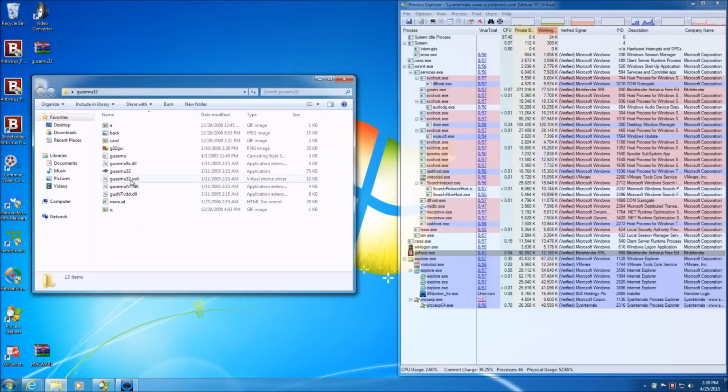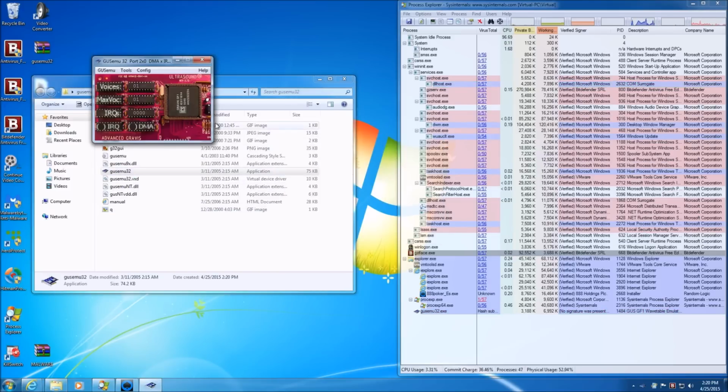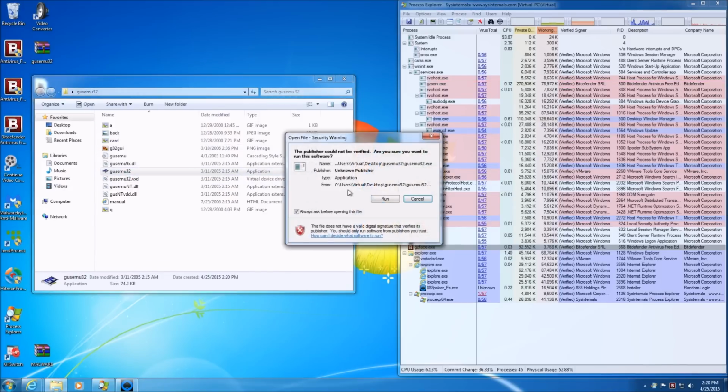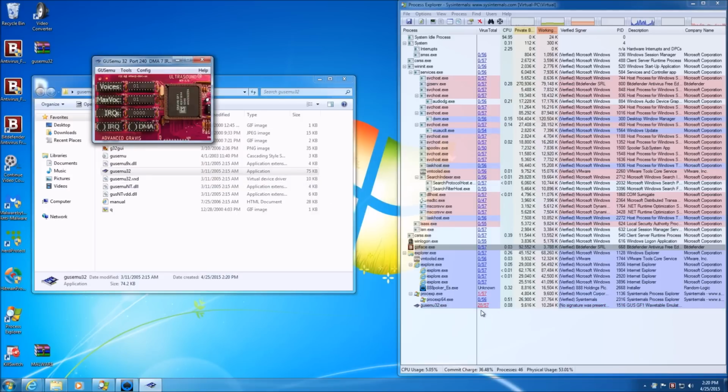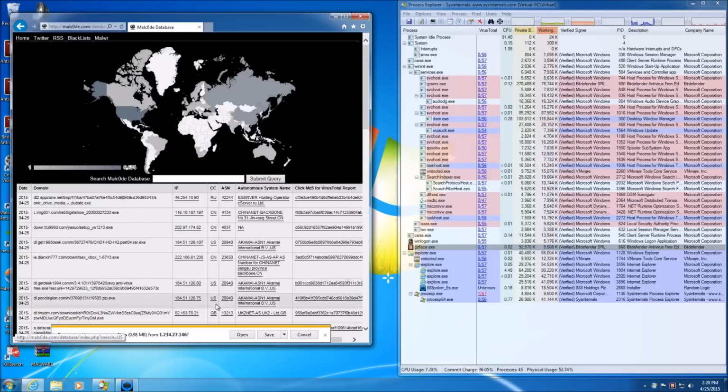Okay, looks like that's the application right there. Looks like it's some sort of hacking tool for your motherboard. Was it detected as malware? I don't even know. Yes, it is. So, all right, we'll go ahead and